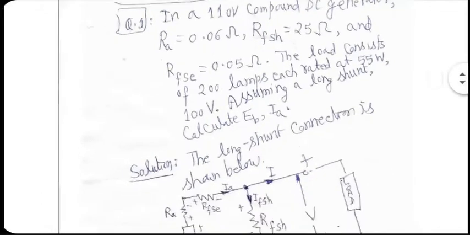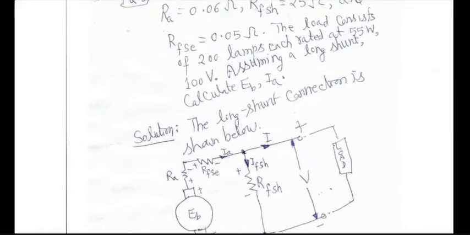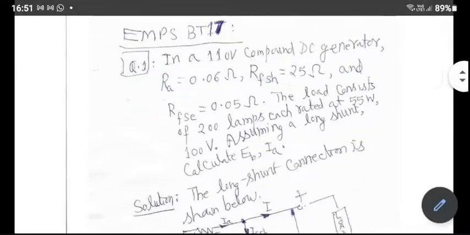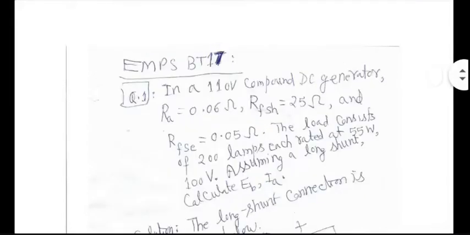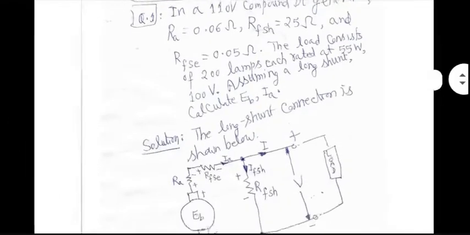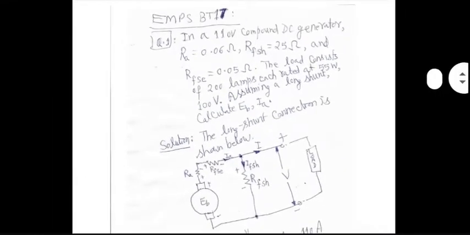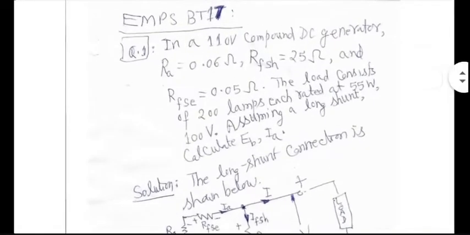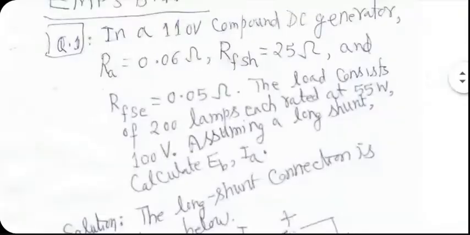So V that we are actually using is 100 volt, not 110 volt. Fine. 110 volt is the rated value, which will be printed on the nameplate of the generator. But we have decided to operate it at a lower value of V, which is actually preferred from a safety point of view. Okay, so nothing wrong here. Everything is fine. V is given as 100 volt, and you have got 200 lamps connected in parallel, operating at 100 volt. Each lamp consumes 55 watt.